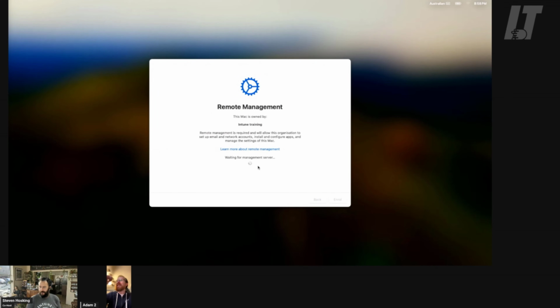Did you do the platform SSO already, or did you just put credentials in to do your login and it'll come? Right now, platform SSO hasn't been configured. All that we're doing is the first step, which is the out-of-box experience. I've created the profile and deployed it to the user. And what we'll see is once we sign into Company Portal, which will enact the process to configure